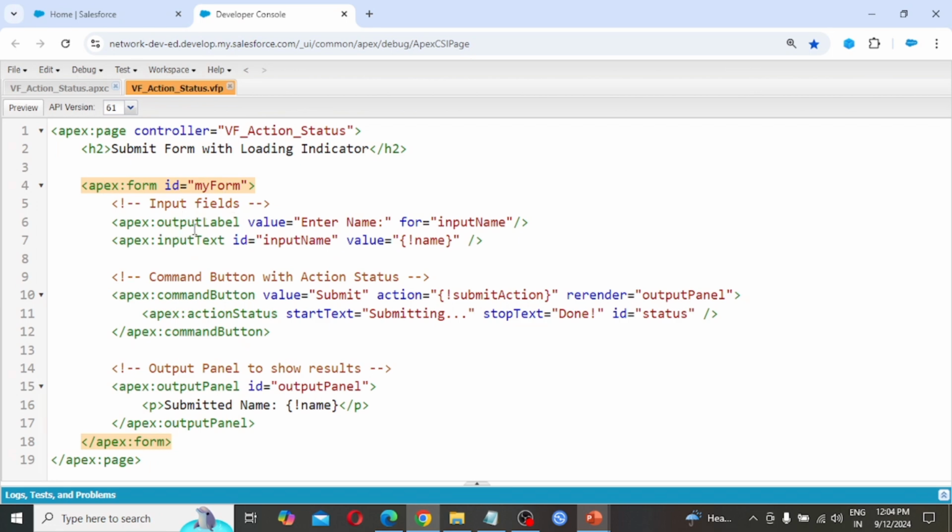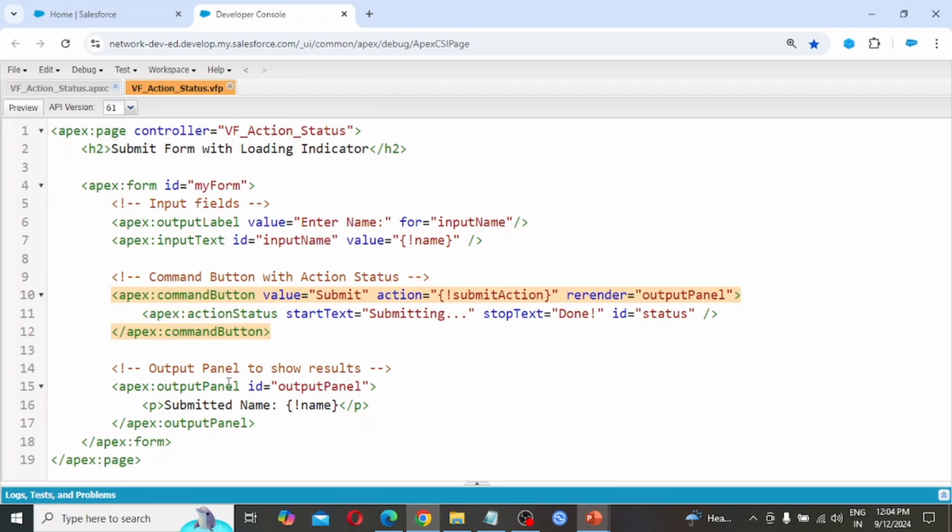For this, we are taking apex:outputLabel, Enter Name, for inputName, passing id inputName, value name, command button with action status, apex:commandButton, value Submit, action submitAction, reRender outputPanel, apex:actionStatus, startText Submitting, stopText Done, id status.